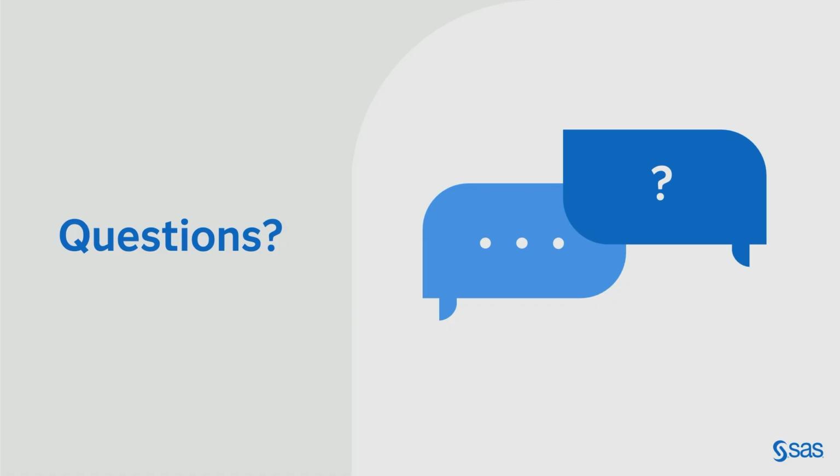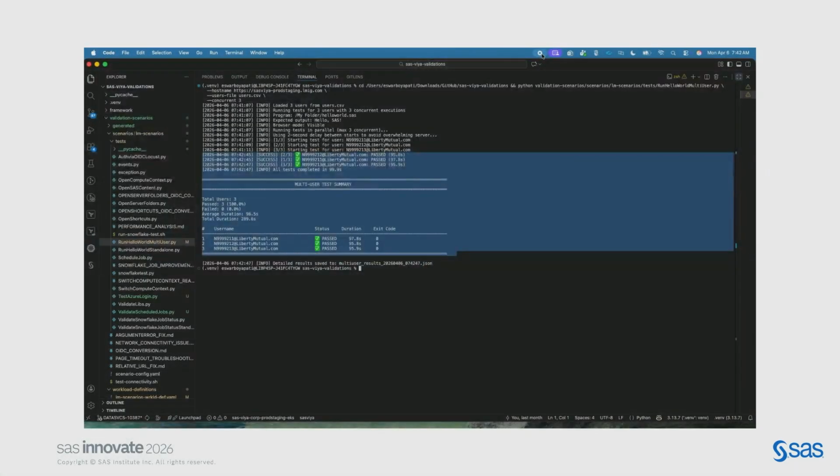Can you go back to the previous screen, to the VS Code screen? In each one of your scenarios there, you showed the 3 for the hello world. Each one of those is written in Python. Have you ever considered writing them in SAS instead of Python to do your performance testing? No, we haven't.